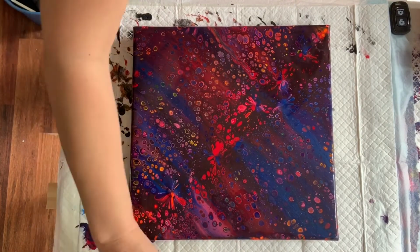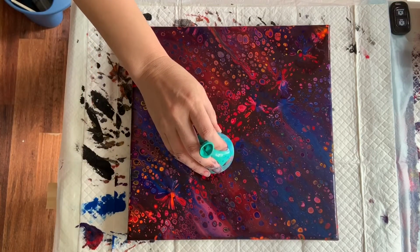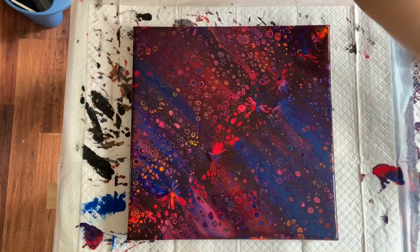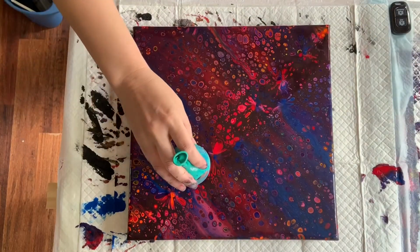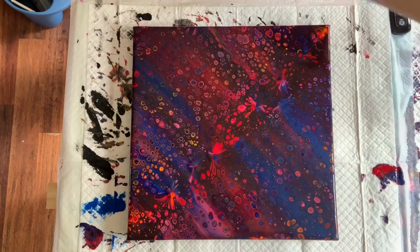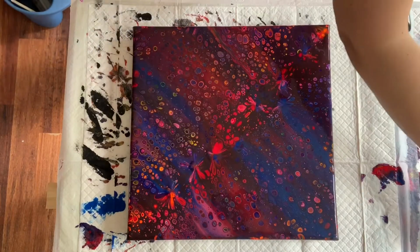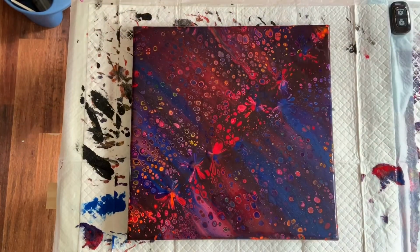Ooh, look at that. That one's got so much red. But I might just leave it and do another little one. It almost feels like this paint is just not drying, but I know it is, so I'm not going to leave it any longer. We're going to work with it, but